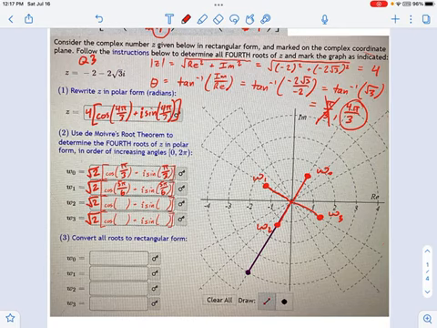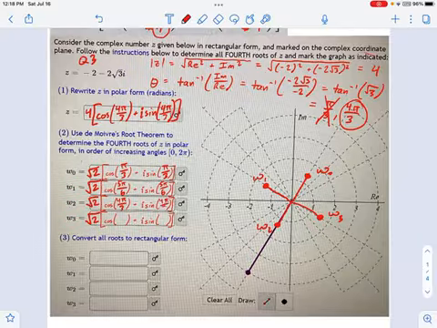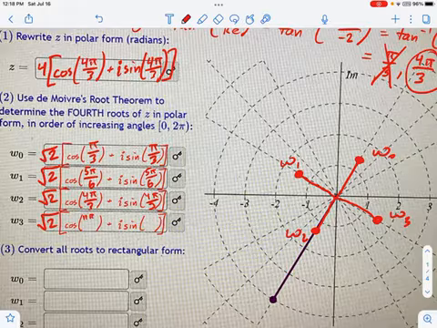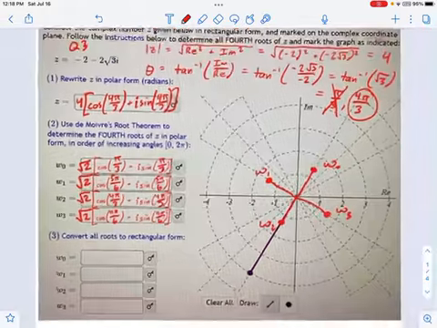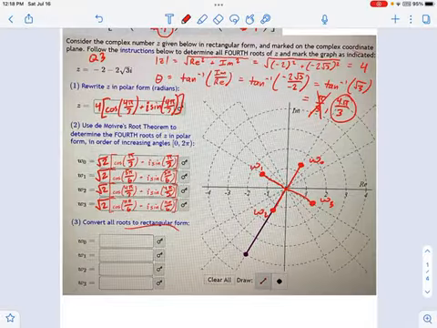You can see what the angles are going to be, whether you like adding things with algebra or with the picture. This is going to be 4 pi over 3. And the last one is going to be 11 pi over 6. Okay, so those are all the polar forms of the roots. And we have our picture. All that's left is to convert these into rectangular form, but we've done this a bajillion times, so you can probably work through that.